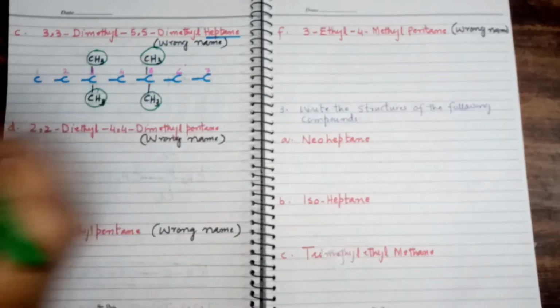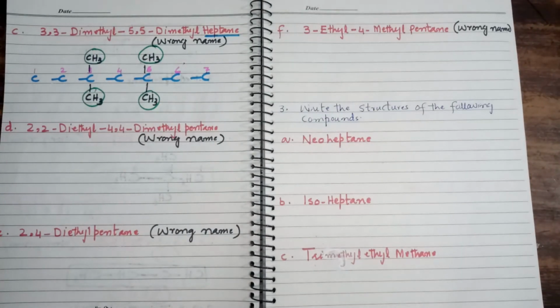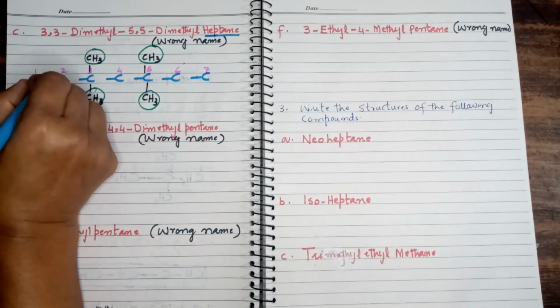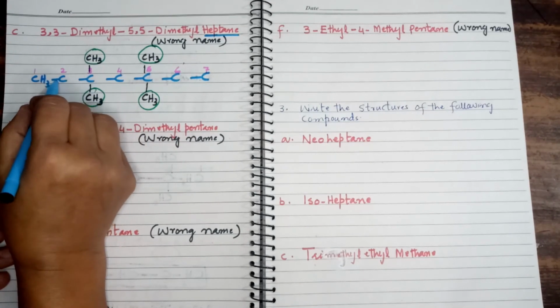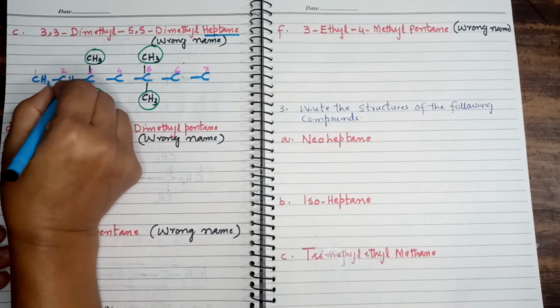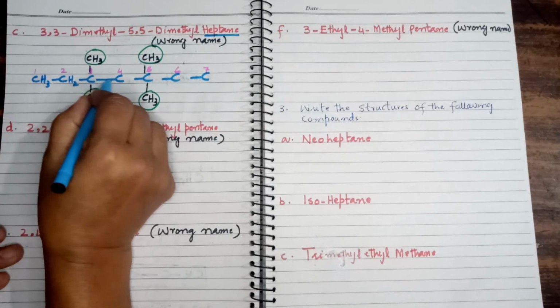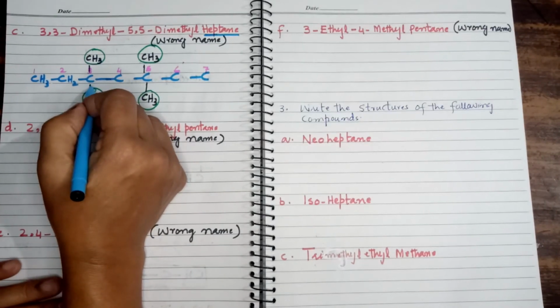These are 4 methyl radicals. Fill the vacant vacancies of carbon with hydrogen. This carbon makes one bond here, so we write 3 hydrogen. This carbon 1, 2 plus we write 2 hydrogen. 1, 2, 3, 4. This carbon becomes tetravalent. No more vacancy of hydrogen.